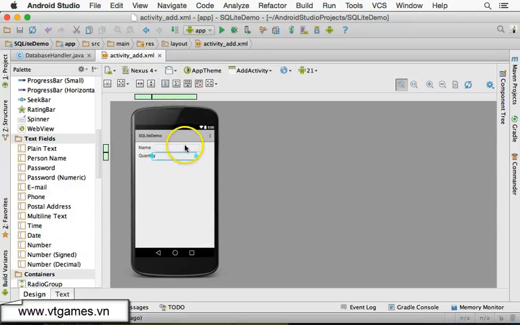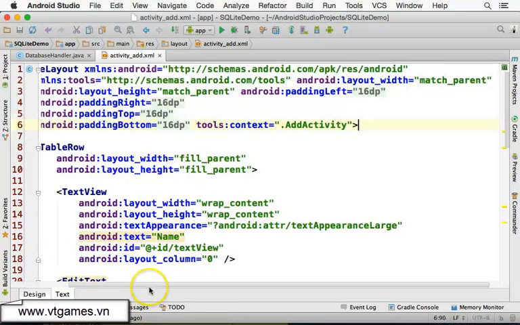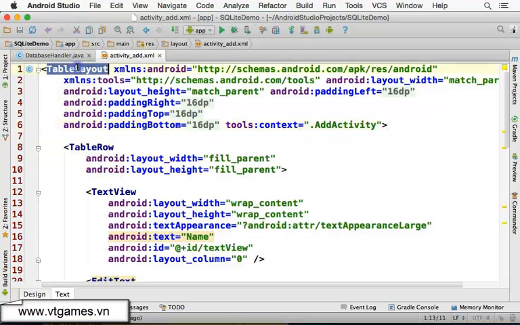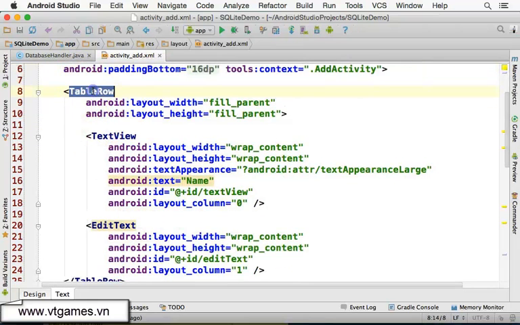So we have these two text boxes here already. And if we look at our text over here, you see we have a table layout inside there. We have table row, inside this